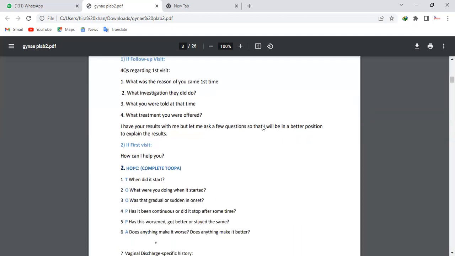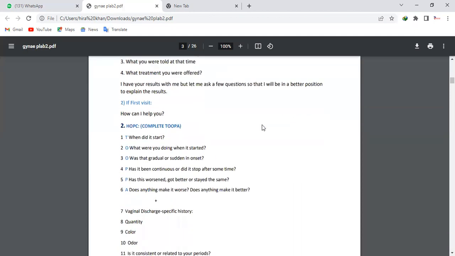Now according to the symptoms, for example, if the presenting complaint of the patient is pain, you have to cover the thing that Dr. Hamid has already mentioned, like when did it start, what were you doing when it started, was it sudden. For non-pain symptoms, because most of the time the obstetric patient comes with just discharge, or just whitish discharge, or just a few concerns, you have to start with TOPA, or if the symptom is pain, then start with SOCRATES, that Dr. Hamid has already told you in the medicine station. I'm not going into that because otherwise that might take a little bit more time.